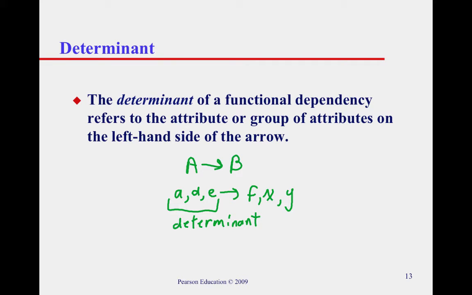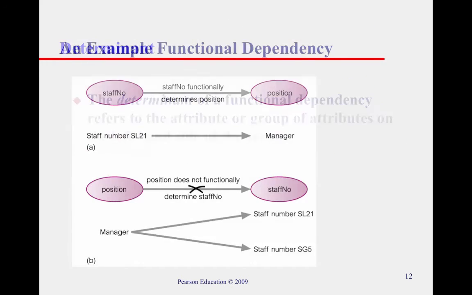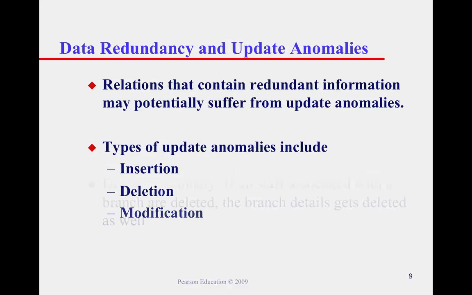So a functional dependency can have more than one attribute. It's just like the functions in programming languages can have multiple arguments. Okay, and when you define a functional dependency, it's something that needs to exist for all time across all data. It's very easy to look at sample data and get deceived. So if you go back and look at the staff-branch relation, it would be very easy to come to the conclusion